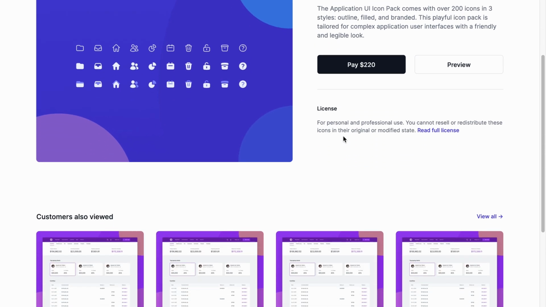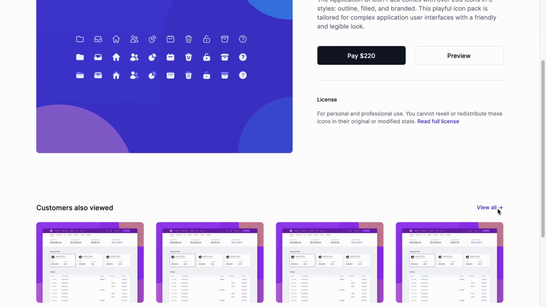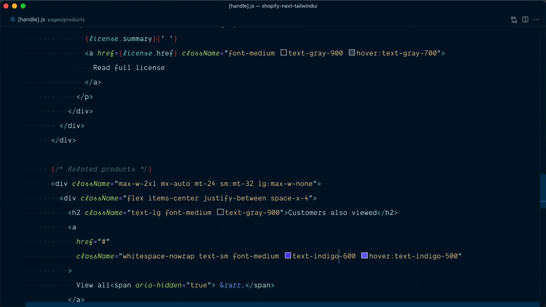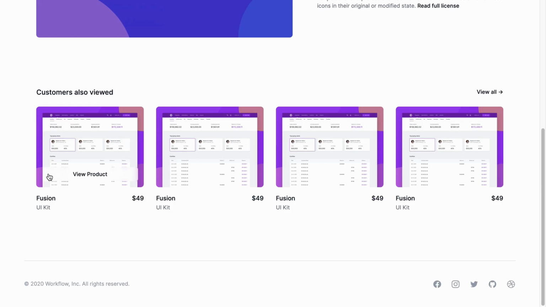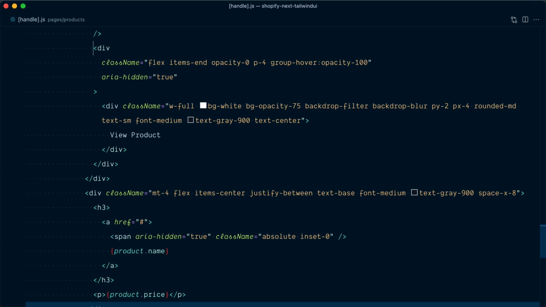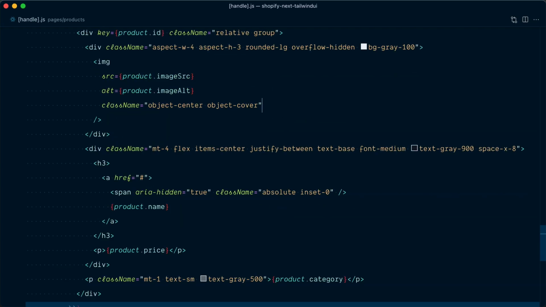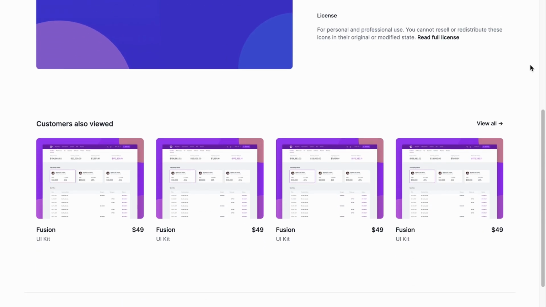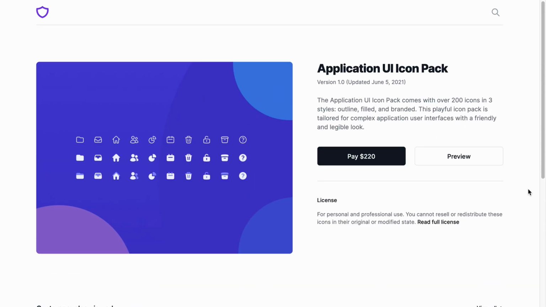We'll also change the color of this link and this link to be Gray 900. One more thing that we can do here is remove this view product on hover and instead have the image get to 75% opacity like on the home page. Yeah, perfect. So it looks like we're good in terms of design,